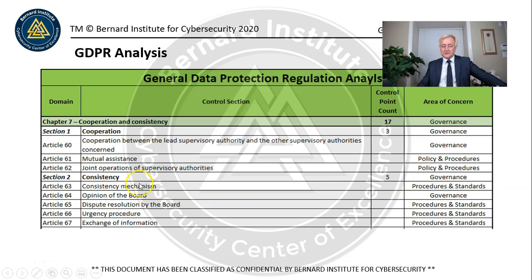Consistency, this is about governance, consistency mechanisms. These are about setting standards, goals, and having procedures that lead toward that goal. And then any sort of deviation, being able to monitor for that and being able to action it and get things back on course as quickly as possible. Opinion of the board, this is about governance.